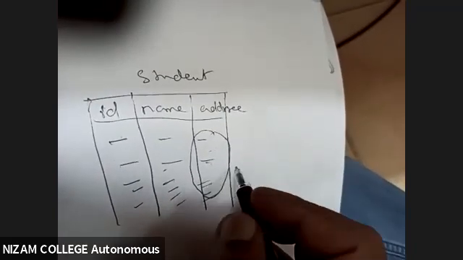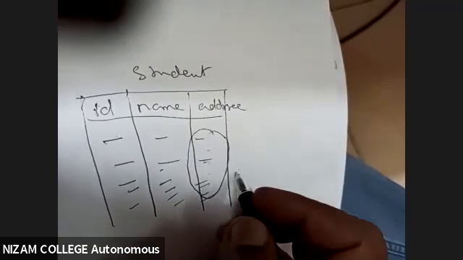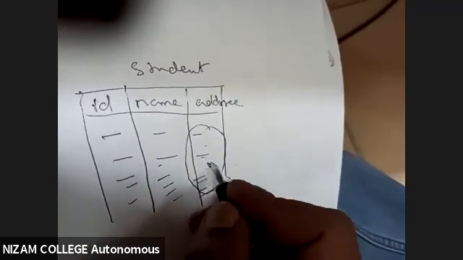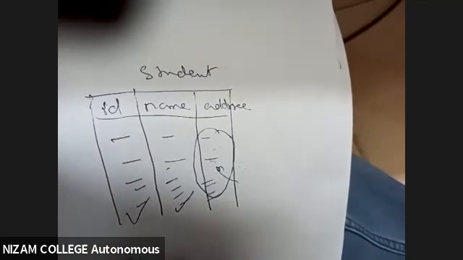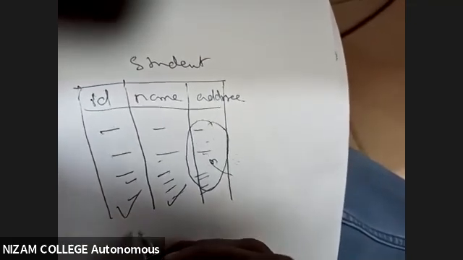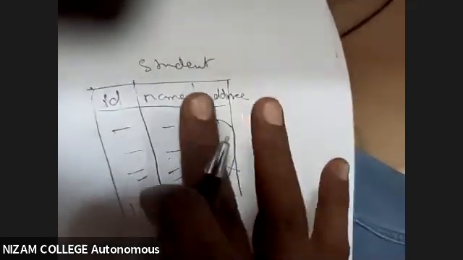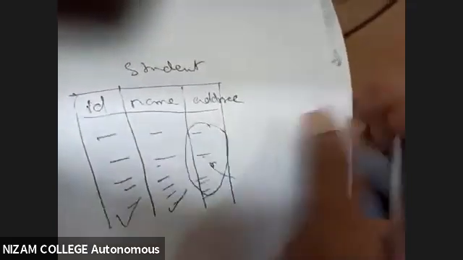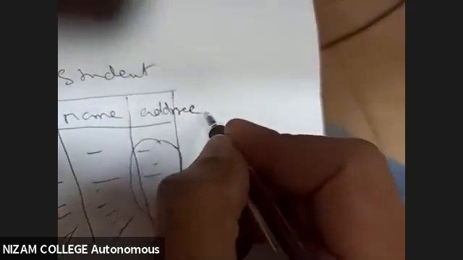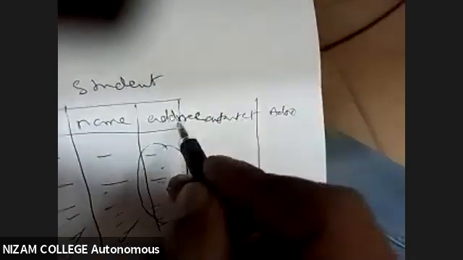We'll give the excuse that, once you get your Aadhaar number or the permanent address, you try to furnish it. Meanwhile, I'll accept your name and ID, that means I'll give the ID number to you. So in this case, what do I have to do? Suppose I have another column called contact, the contact number. Or I have something called Aadhaar number. Like this, we have two more columns.